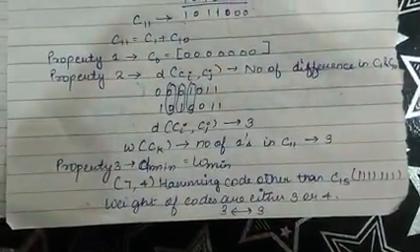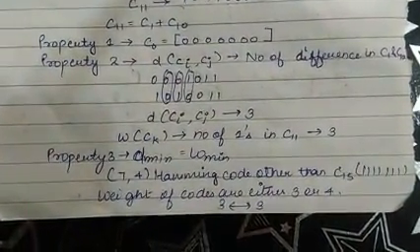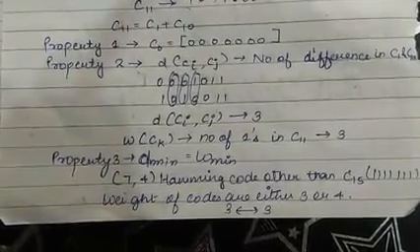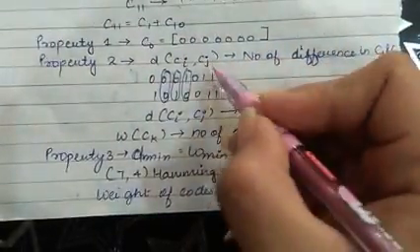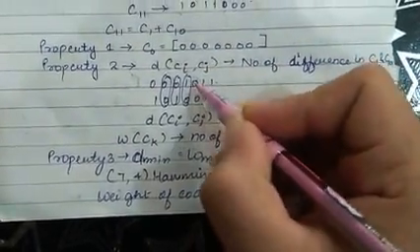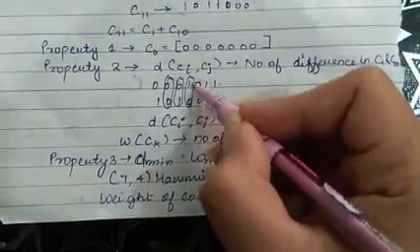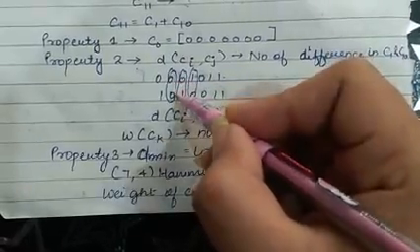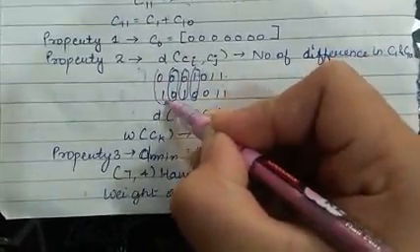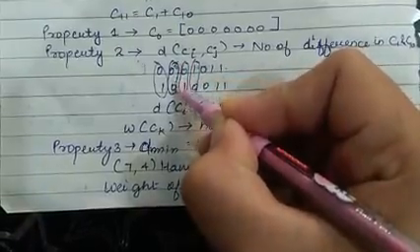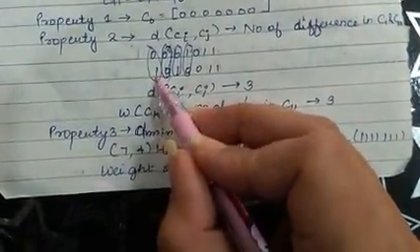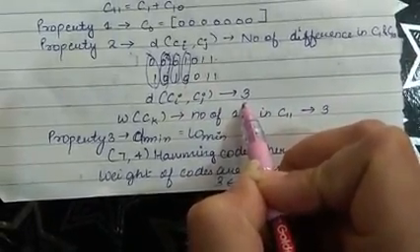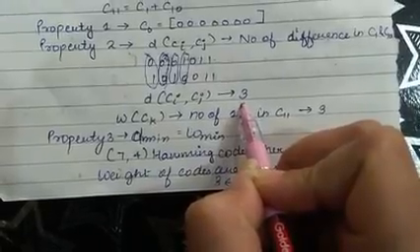See, this is 0001011 and c10 is equal to 1010011. So see how many differences in the bits there are. 1 and 1 is same, 1 and 1 is same, 0 and 0 is same, 1 and 0 is a difference in the bits. 0 and 1 is a difference, 0 and 0 same, 0 and 1 is the difference, sorry. So how many differences? This and this and this. That means I have three differences in my two code words, c1 and c10.